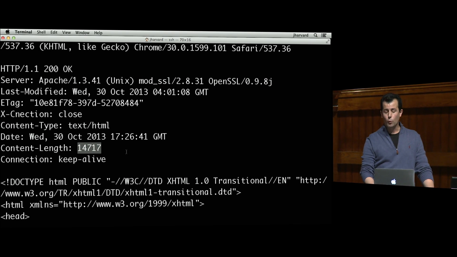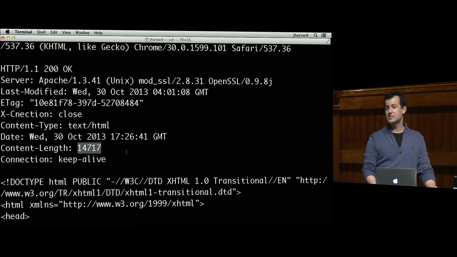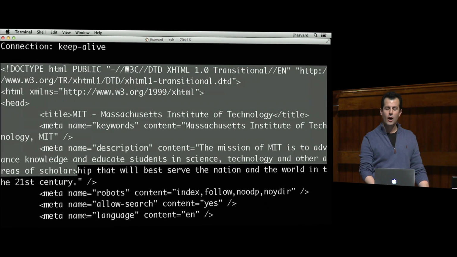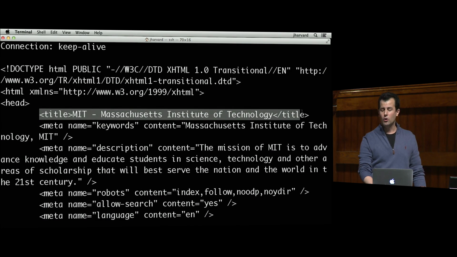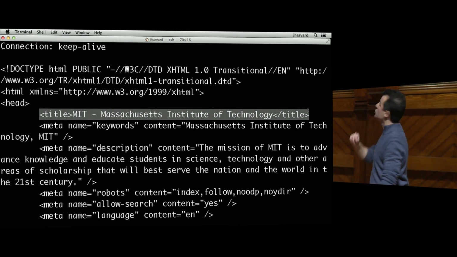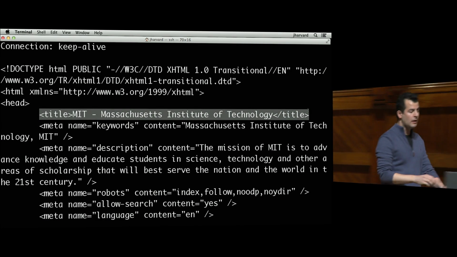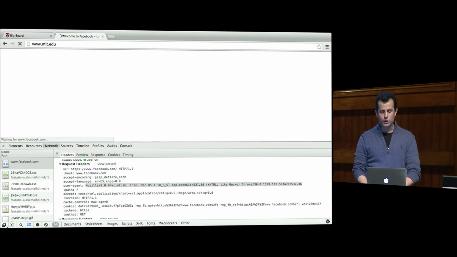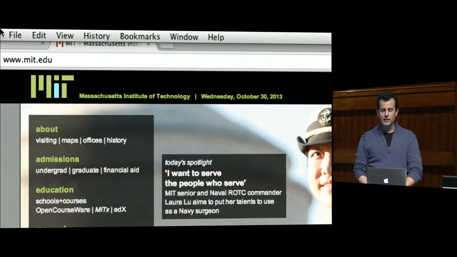They've apparently given me 14,717 bytes worth of HTML, and some other more esoteric information is in there. But this is where it gets interesting. This is how you make a web page. This is how you make a web page whose title in the tab in your browser is MIT-Massachusetts Institute of Technology. And indeed, if we go back to Chrome and visit www.mit.edu, notice that indeed in the title up here